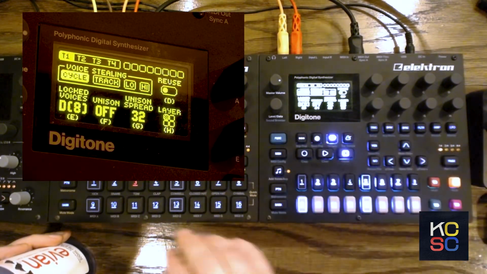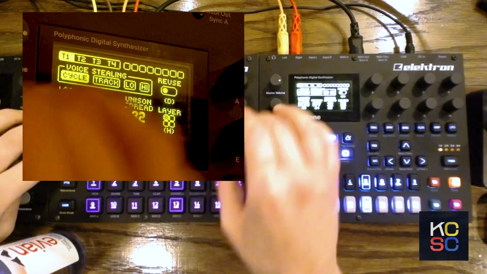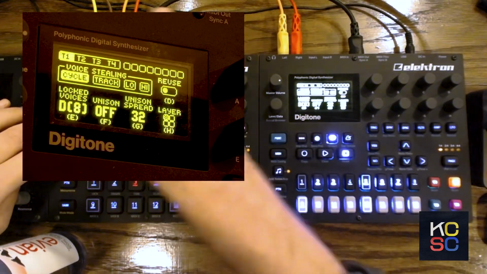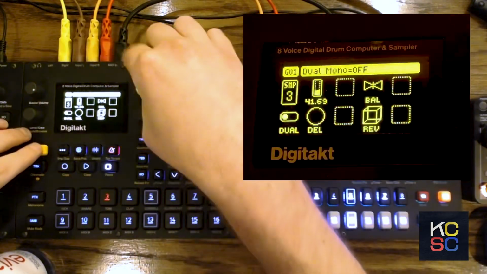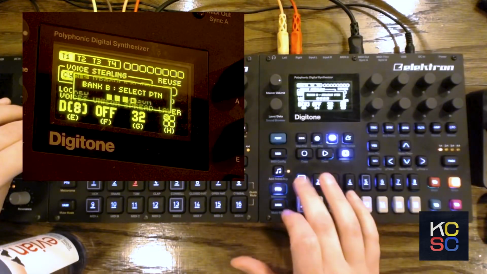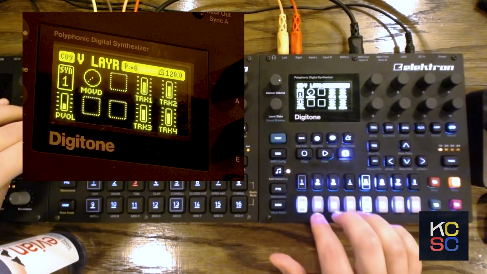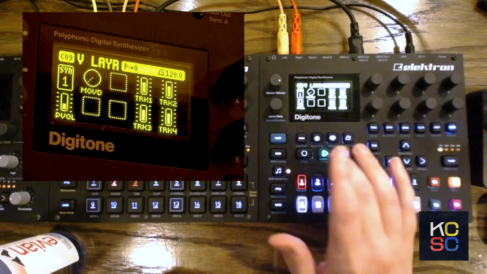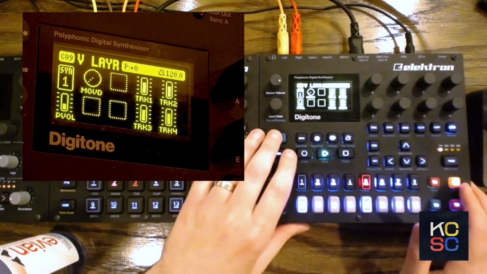So, a real quick example, sorry. I'll just demo this on the Digitone real quick. This is a good example of voice layering on the Digitone. We have a track like this. But if you break this down,